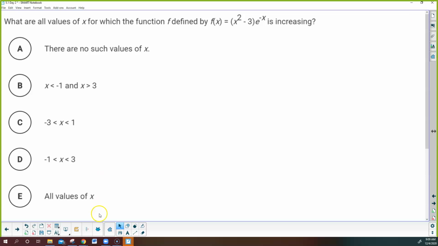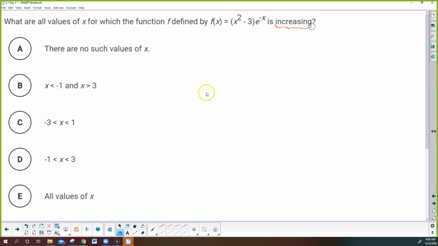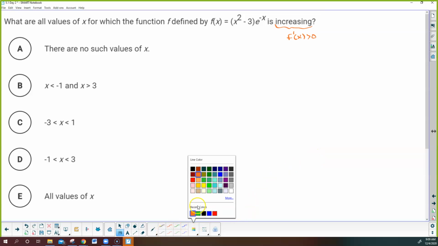So here's what I would recommend if you were doing this on a test, my test or an actual AP test. When you see the word increasing, you want to make a connection to calculus. So we're thinking, what do we know about the derivative if it's increasing? It has to be positive. And that tells you we need to take the derivative and then do a sign chart. And then that sign chart will tell us when the derivative is positive or negative,